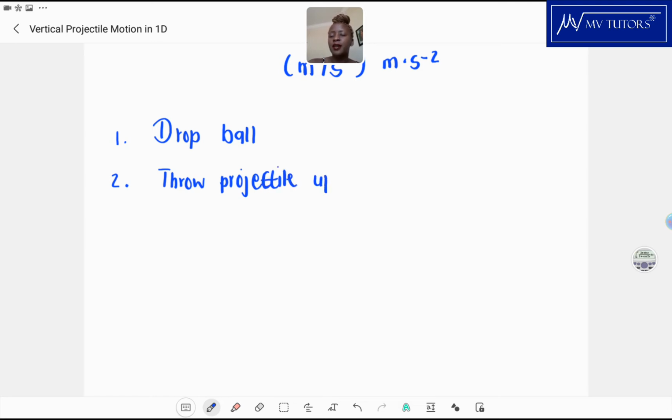Throw a projectile upwards, okay? And what would then happen? You throw it from its initial position, it goes up, and it drops back at its initial position, okay? So the start and end elevation are the same,